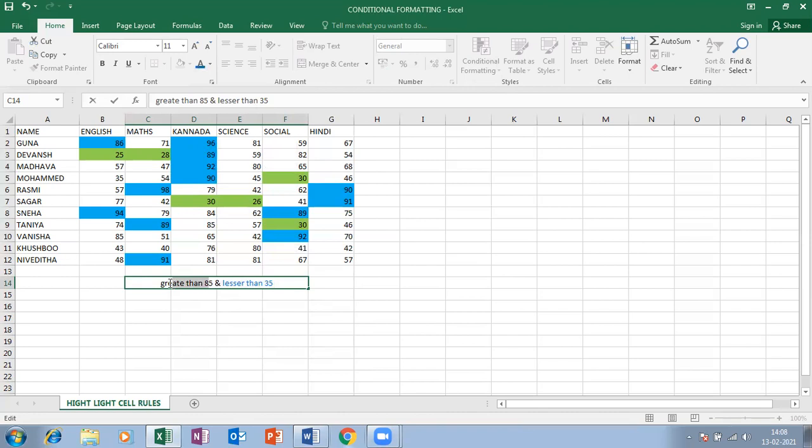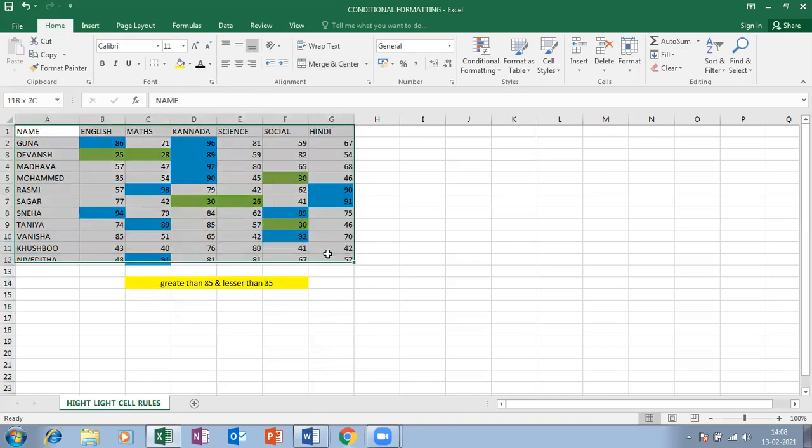Lesser than 35 are highlighted in the green color, and greater than 85 are highlighted in the blue color.